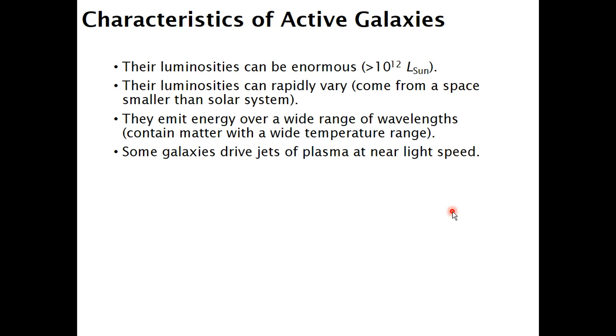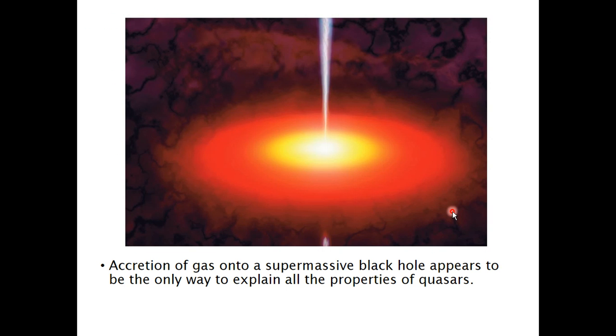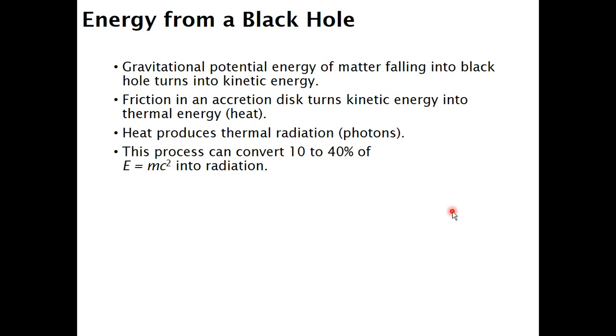And they're all coming from a very small area. This sounds like it's all powered by a black hole in some way. And in general, it's powered by the accretion of gas onto the disk, the accretion disk around a black hole and falling into the black hole. Right? That accretion gives you lots of different temperatures in the material, from gravitational energy turning to kinetic, and from friction heating the material. That heat will cause radiation, and all different temperatures will cause all different wavelengths,